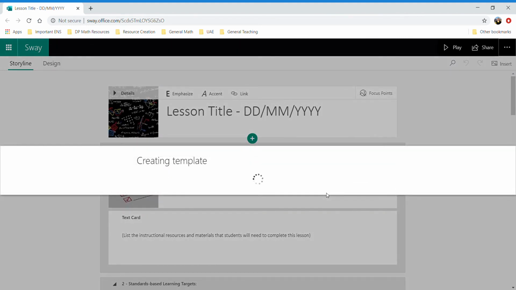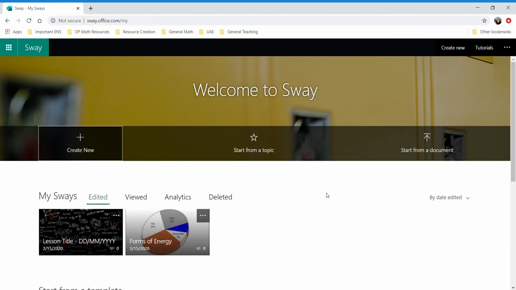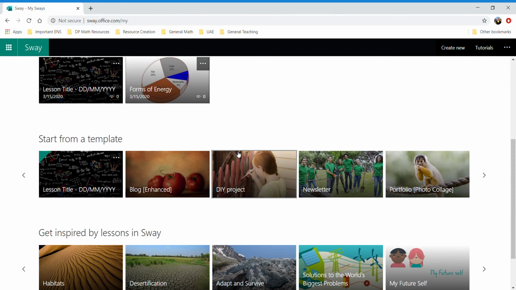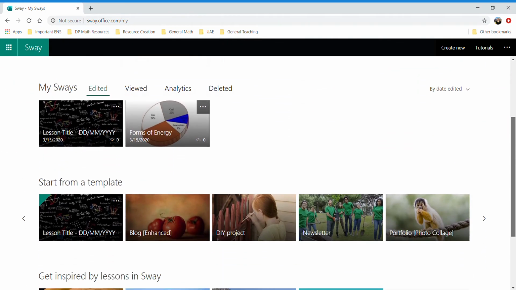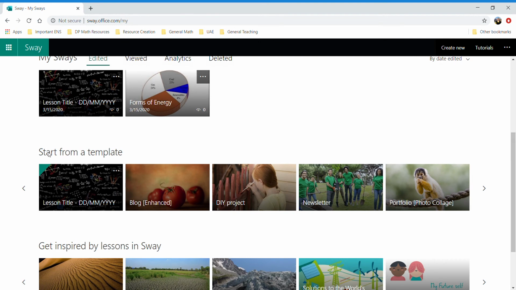Don't change the title when you're about to save it, because you want the lesson title card to stay the same. If you change that, it's going to basically change that and it'll be a pain in the butt for you. So once it's done saving, you're going to go down here where it says Start from a Template. Well, since you just saved it as a template, you're going to see it right here. You're just going to click on it,